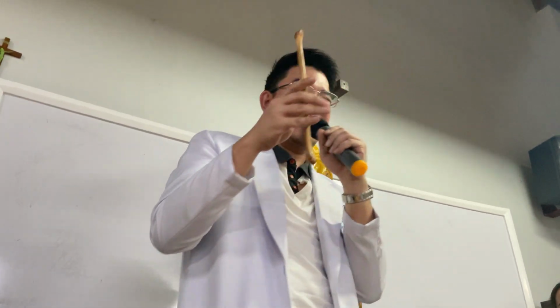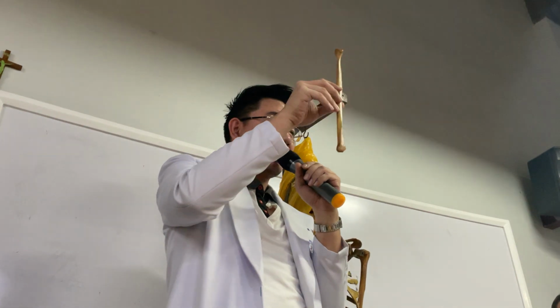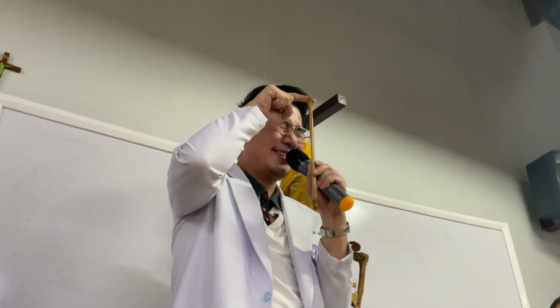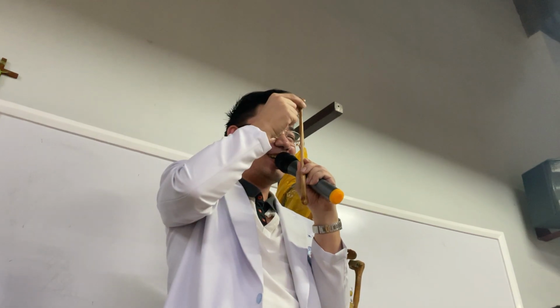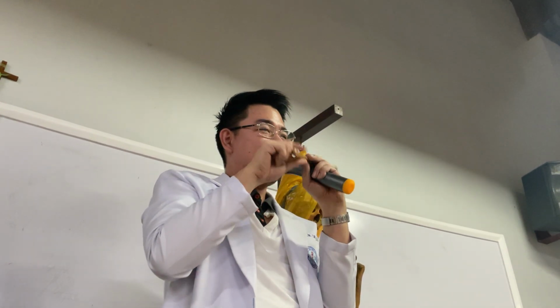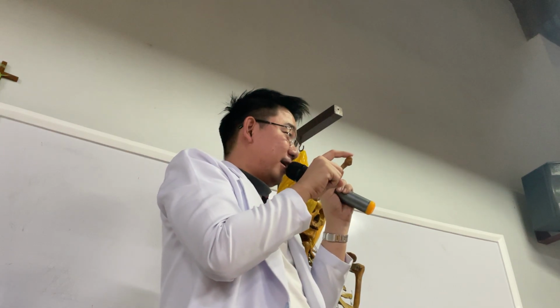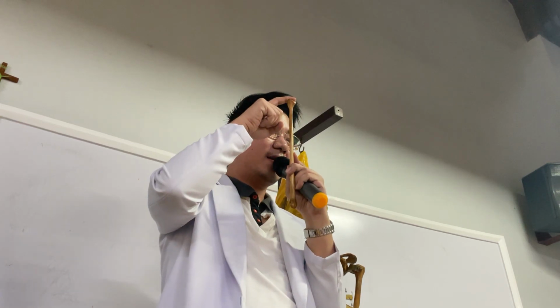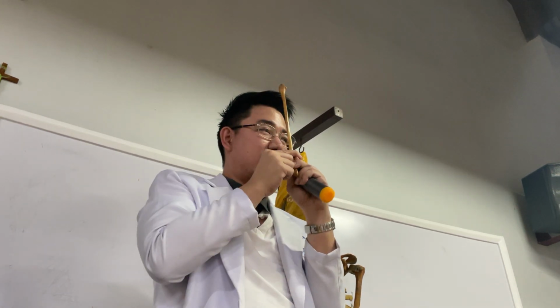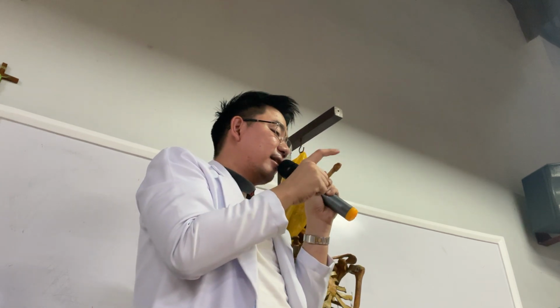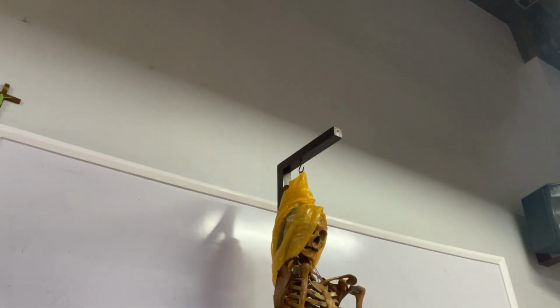Okay, so that it gets reinforced further, let's identify the parts first. Very simple. You have the head. You have the neck. You have the body or the shaft, and you have the lateral malleolus here. Again, you have the head, the neck, the body or the shaft, then the lateral malleolus here. You see it? Yes? Okay.